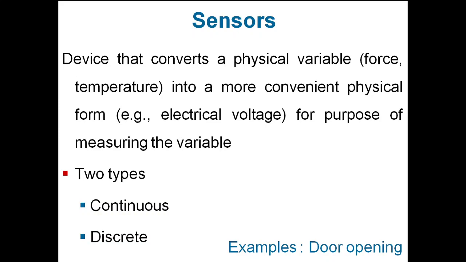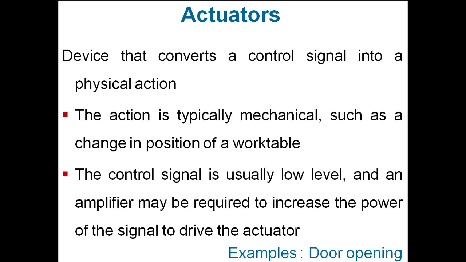Once those rays are obstructed, the sensor gives a signal to the actuator that someone is coming. Then the actuator does mechanical work, and it opens the door. And once the sensor senses that nobody is there, or the person has passed, it again gives a signal to the actuator that now nobody is in the range of the sensor, and the actuator again does the mechanical work and closes the door. So this is the common example by which you can understand sensors.